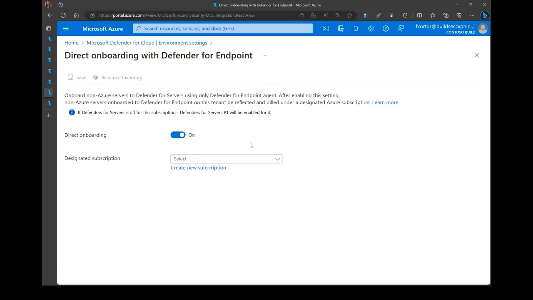And essentially, this subscription is really just used for billing and for you to see the resources that you've onboarded with direct onboarding. And you'll notice here that the value here is really the Defender for Servers P1 feature set. The reason being that to get the full value of Defender for Servers P2, you would still require the Azure Arc agent for additional capabilities, such as the alerting and feature set that you would get with the Azure